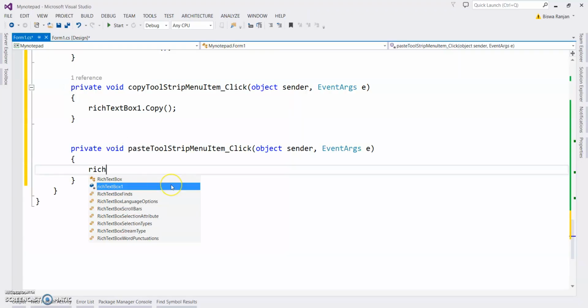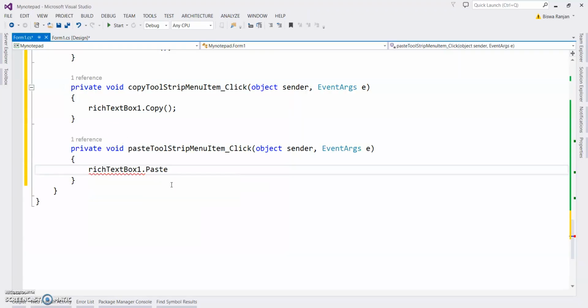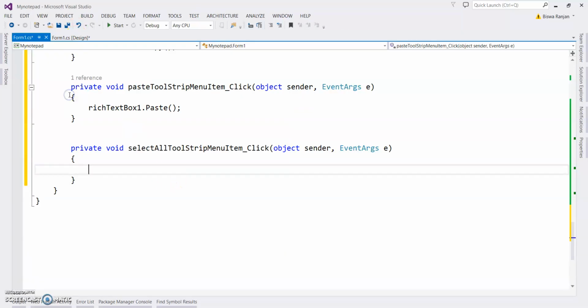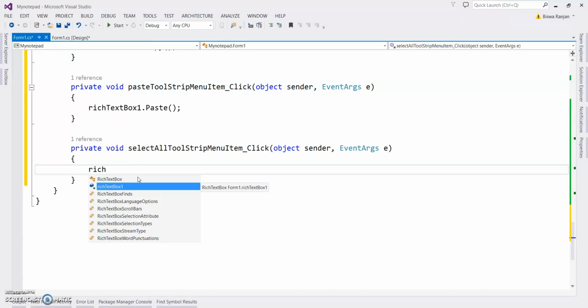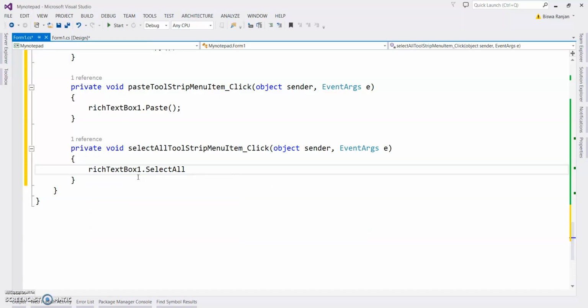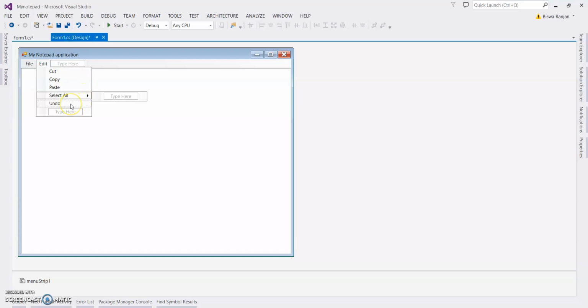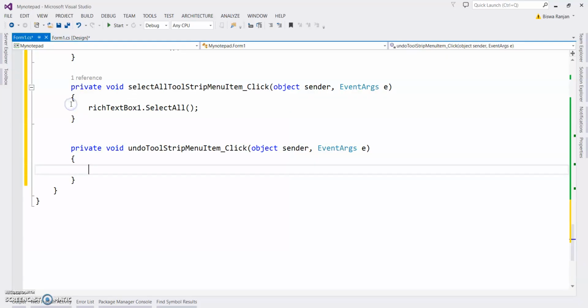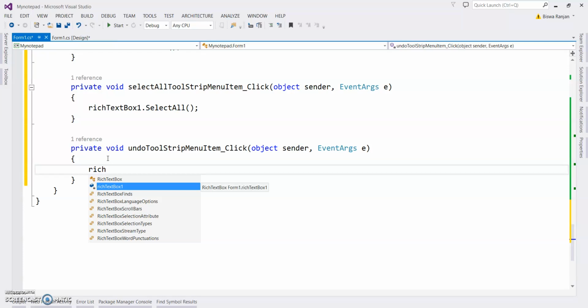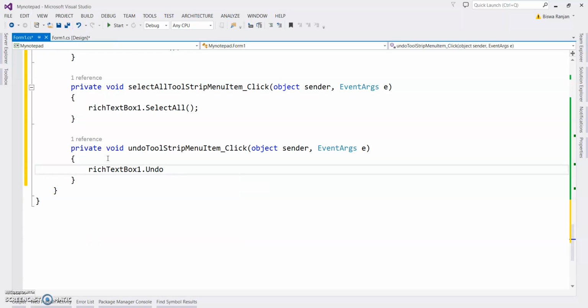Paste, textBox1 dot Paste. Select all, textBox1 dot SelectAll. Very simple in C#. It's very understandable programming, and you can learn it very easily. Undo, same thing, textBox1 dot Undo.